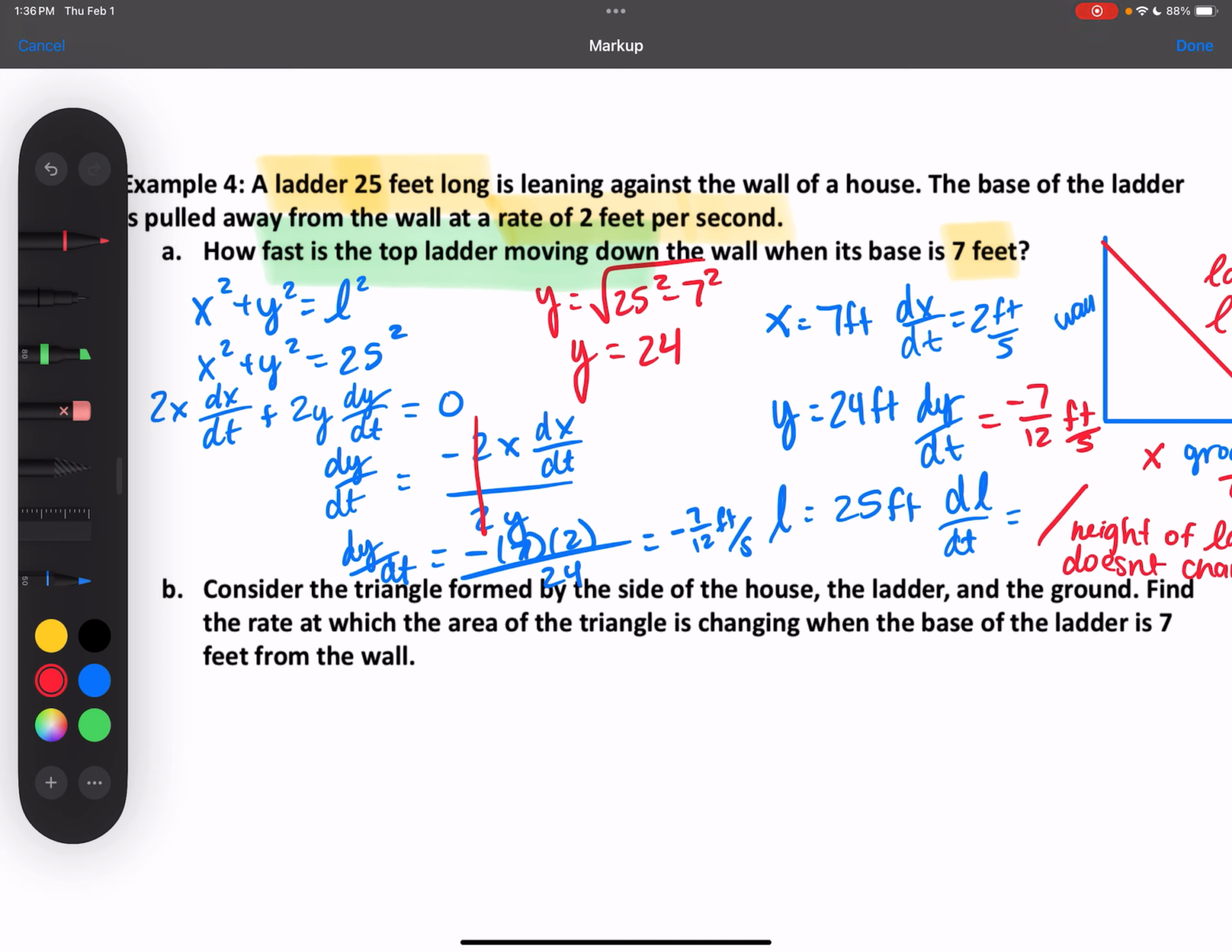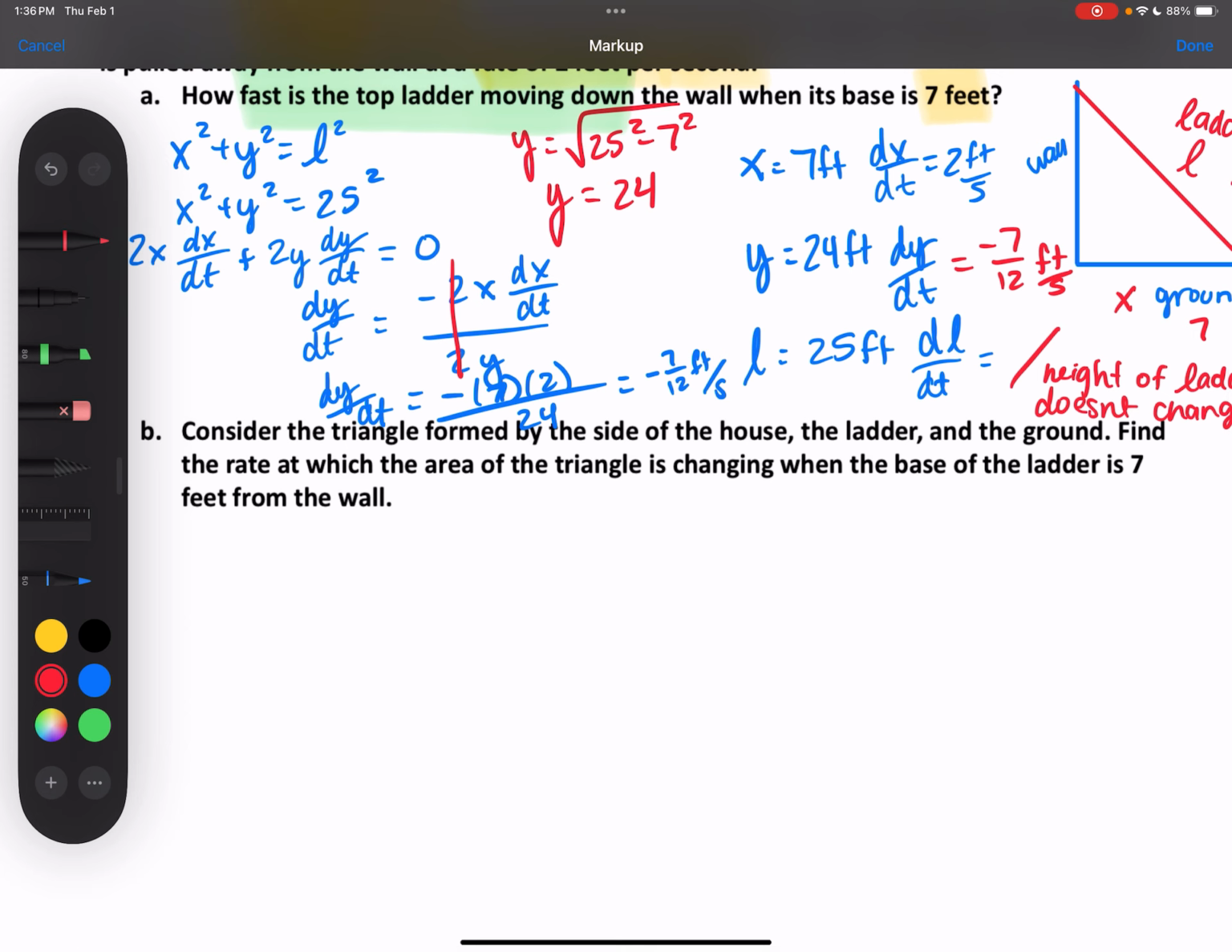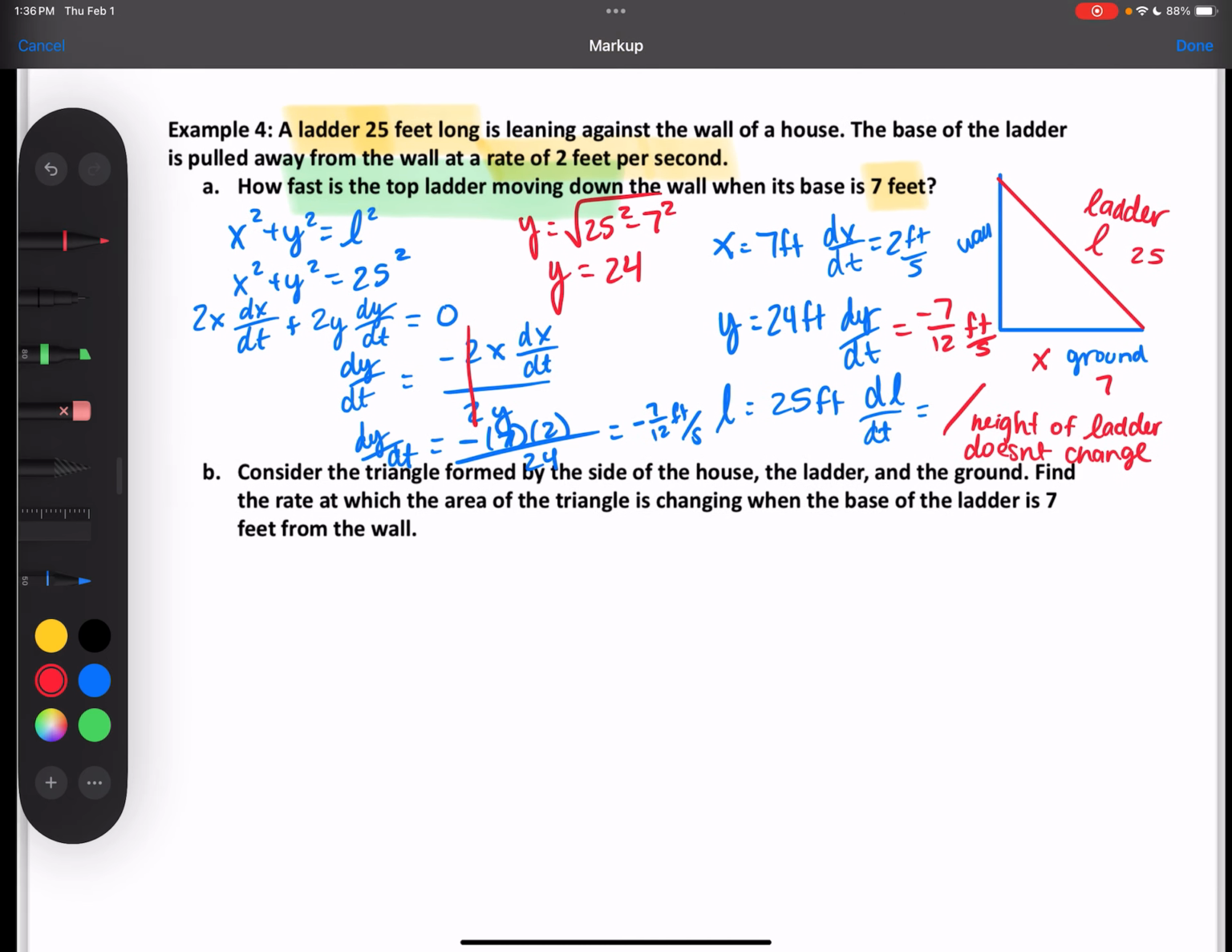And I will say some problems don't give you x, y, and L. They might actually give you all the rate of change values, and we're finding the other thing. It just depends on what the problem is. All right, so the continuation of this problem, I don't know if we'll be able to finish it, but consider the triangle formed by the side of the house, the ladder, and the ground. Find the rate at which the area of the triangle is changing when the base of the ladder is 7 feet from the wall. So everything is the same except for,